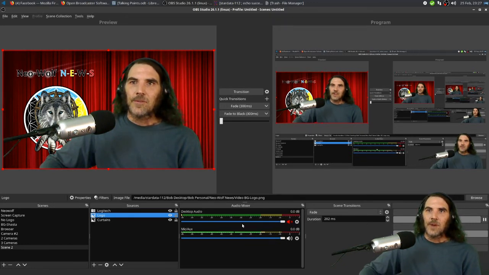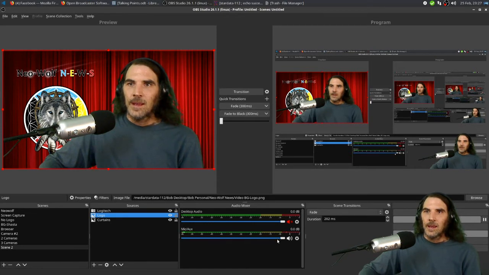The next area to the right is the audio mixer area. And you can see that the mic or auxiliary is showing that we're recording sound. And you can use this slider to adjust the volume of the sound to make sure that you're not peaking your sound. And I usually like to get mine into the yellow. It can go up to the red, and it seems like it's okay, especially with this pop filter on the